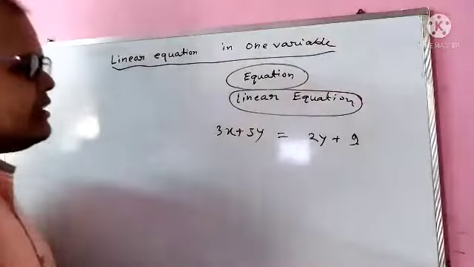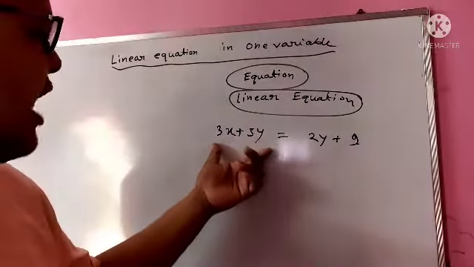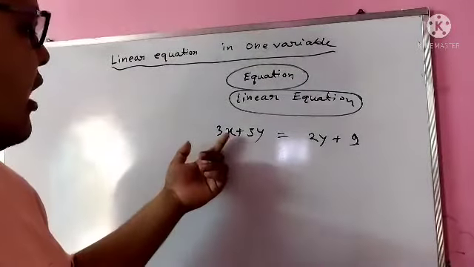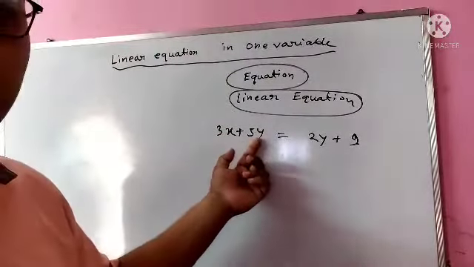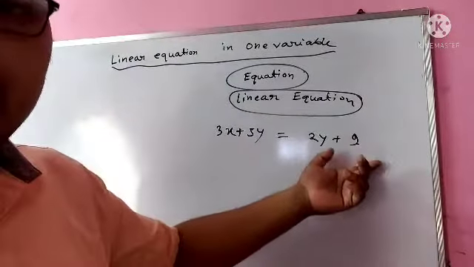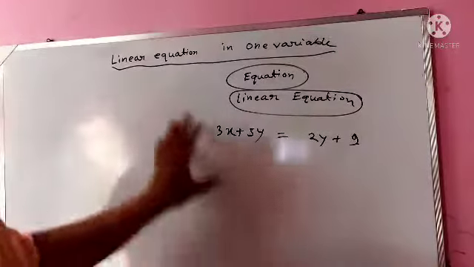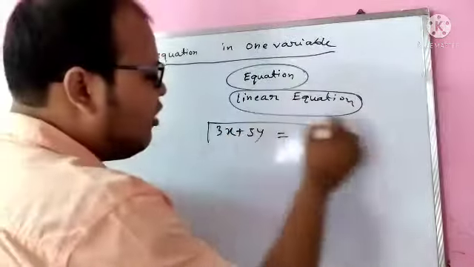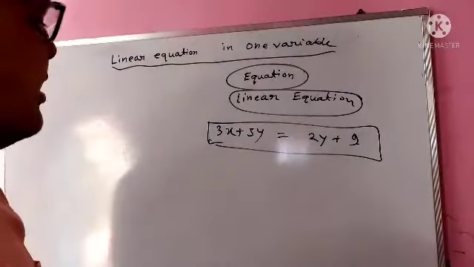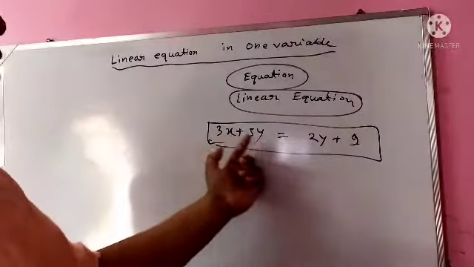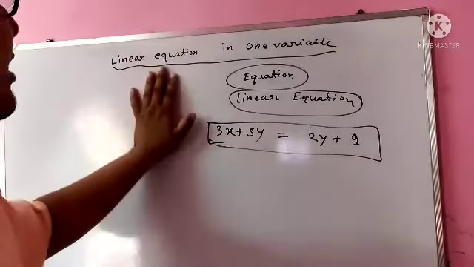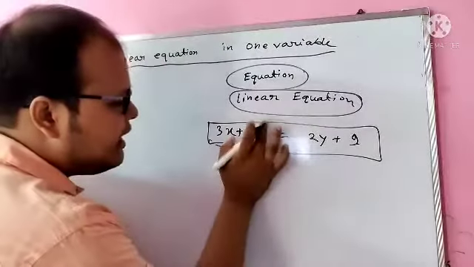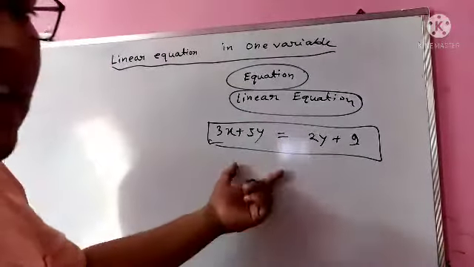Now in case you have all the variables as power 1, only 1 degree equation, means the x is also having power 1, the y is also having power 1. If there are any other variables, they also should be of power 1, then we will be calling this equation a linear equation. That means linear equation means having all the variables as power 1. So this is a linear equation, but here you can see two variables are there, x and y, and in our case we will be dealing with linear equation in one variable only. Means what? There won't be any y or there won't be any x. There will be a single variable.